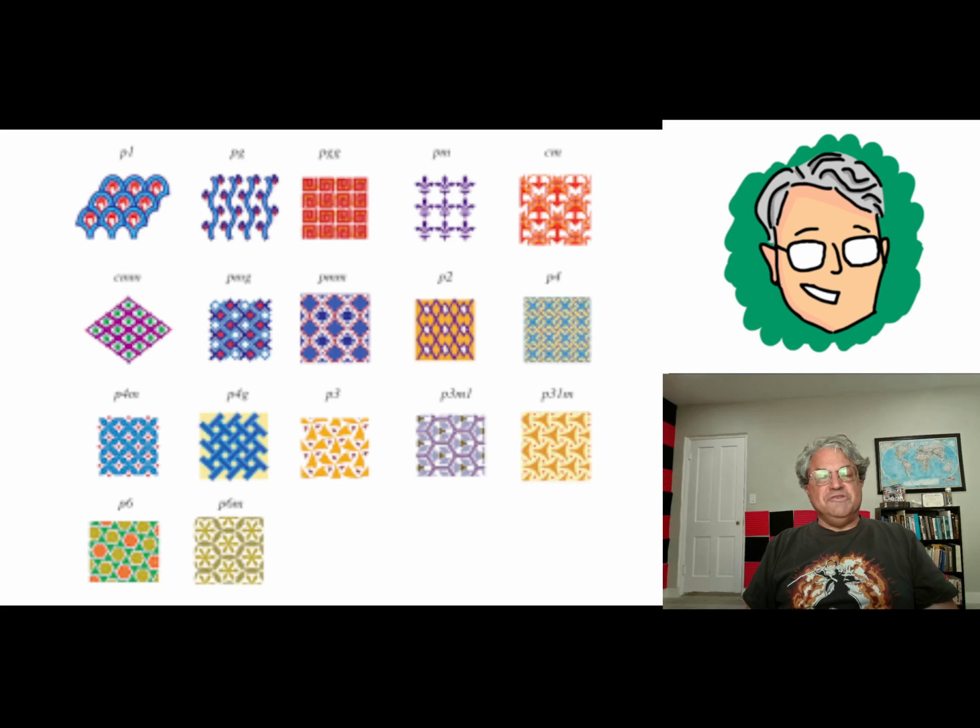Before I get into them, I just want to say one interesting fact about these groups. They weren't first classified completely until, I think, the late 19th century. I mean, group theory wasn't even invented until the early 19th century, so this wasn't too long after group theory was discovered. And so the concept of groups was known, and it was also known that there were important connections between group theory and symmetry, and then sometime in the late 19th century, I don't know who it was, but